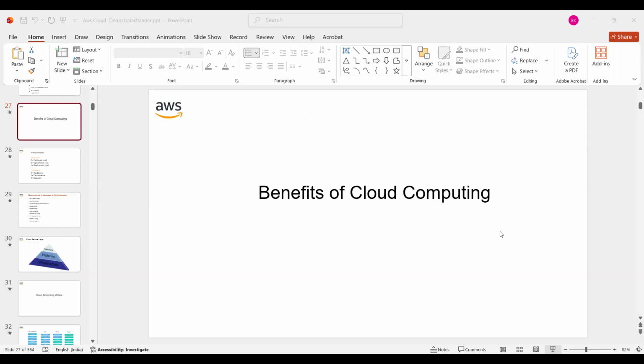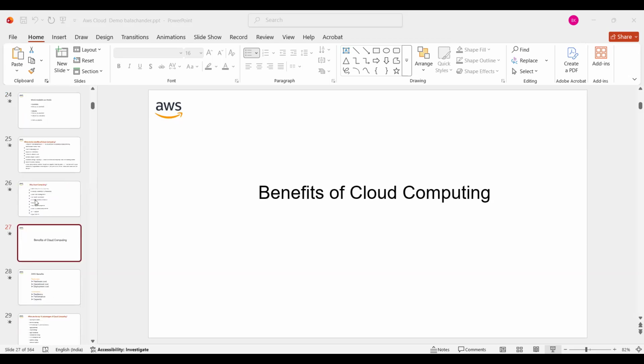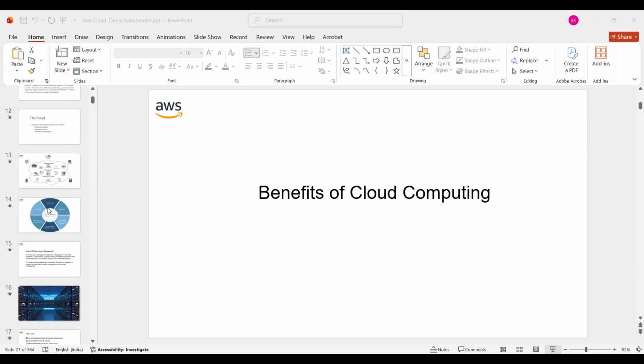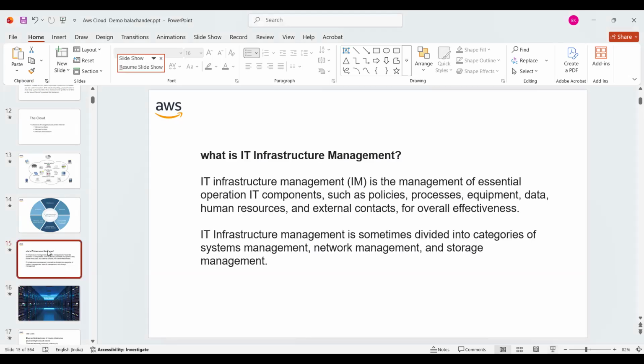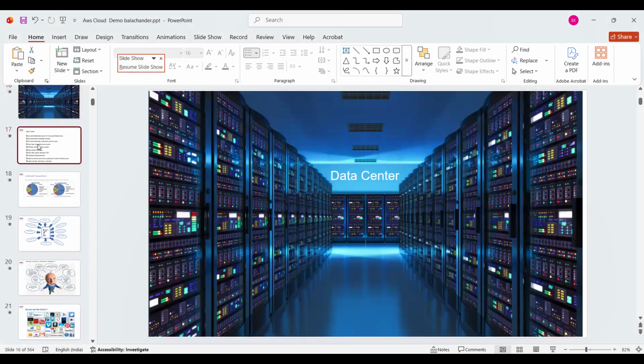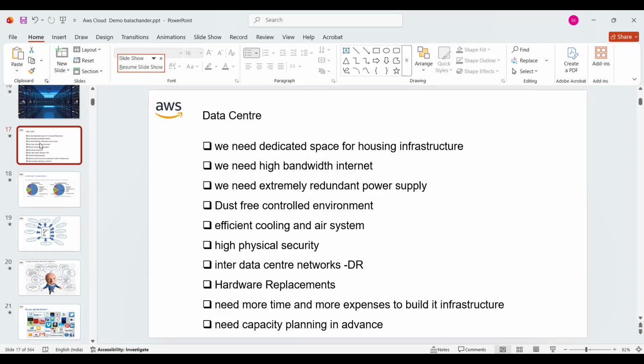So, good evening and welcome to the day two session of AWS Cloud Administration demo. In the last session, we discussed the definition of cloud computing, the definition of infrastructure, what IT infrastructure management is, and data centers, and the challenges that we are going to face